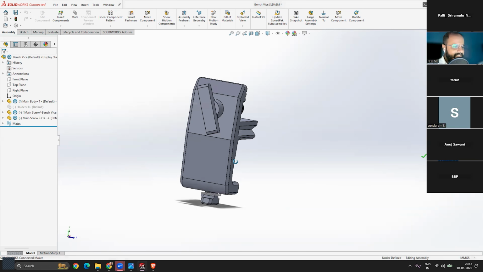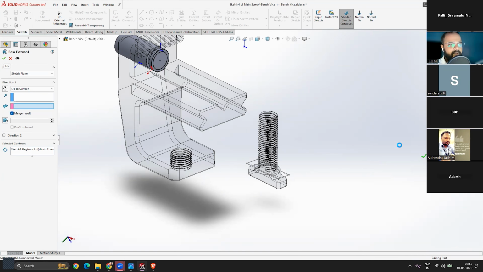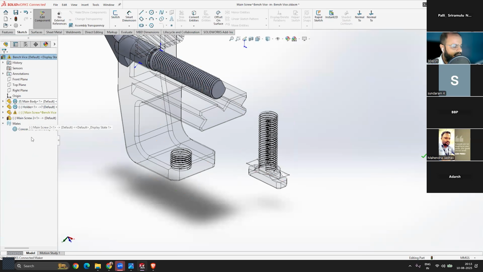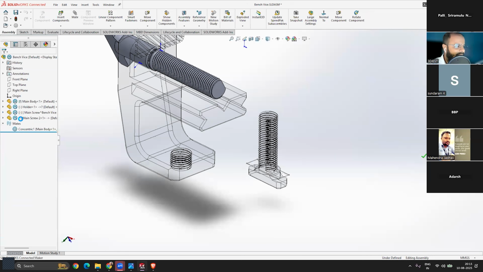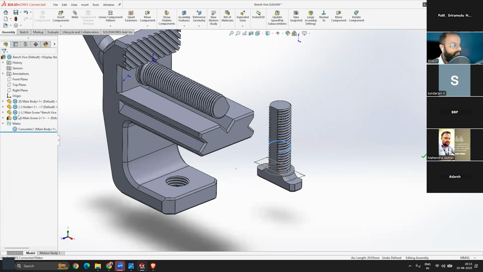So here you can see this is our assembly file. It has four components right now, not four, sorry, three. I think four, but the fourth one is somehow hidden. So let me turn it on. Okay, so there is so much of a problem in this assembly file. Anyway, you can see there are lots of errors. In that case, either you have to start from the very beginning, because solving those errors is super difficult in tools like this. So you can estimate, when we have only 3-4 files, we are having this much of a problem. If we had more than 20 or 50 files, it could be super tough.